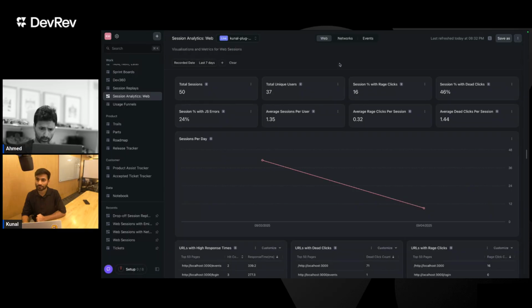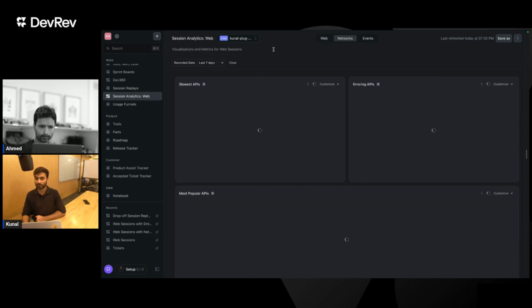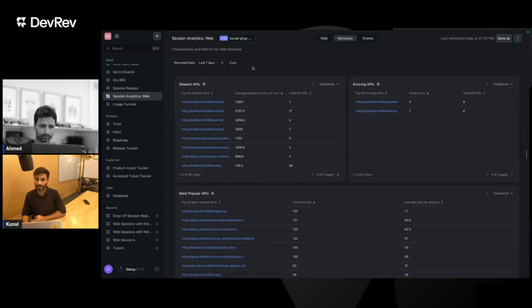Anything in particular here that you would want to click on and just show us the drill down experience? Yeah, I think a good one would be in the networks tab, where we see the slowest APIs, erroring APIs, or the most popular APIs in general. So here I see that one of my APIs is having a very high latency. What I can do is